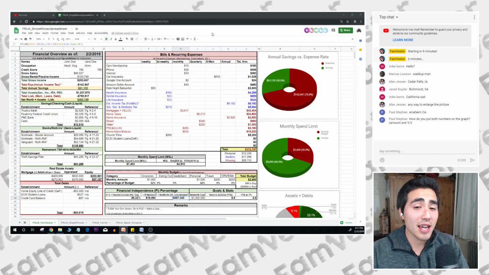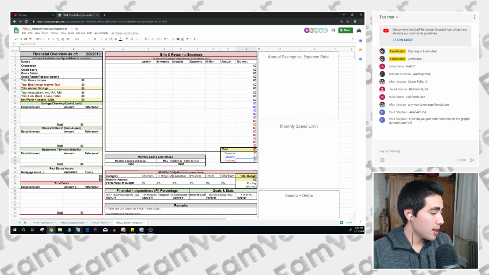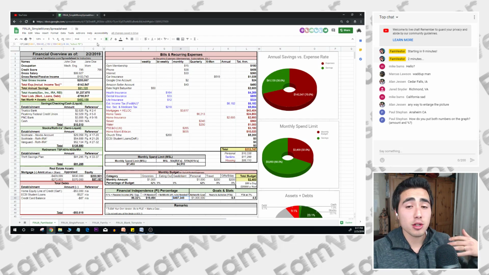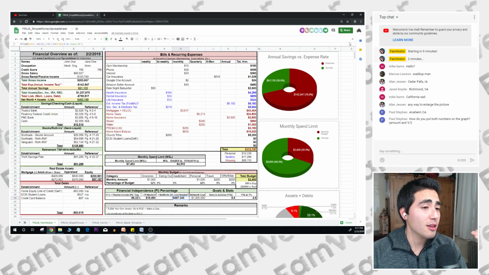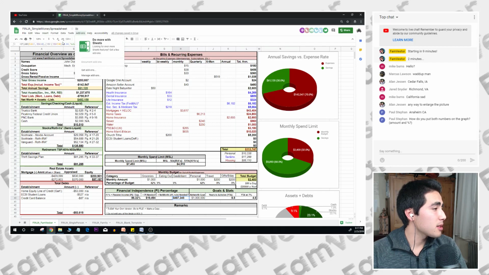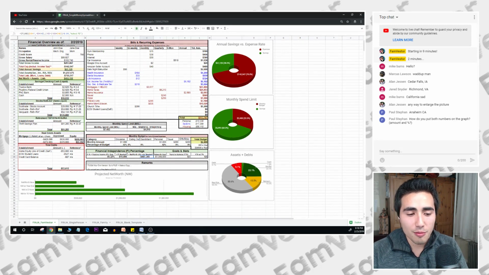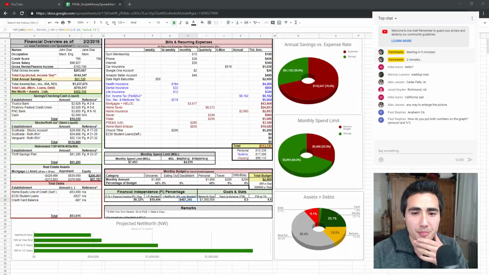Okay, so that is why I feel it is so important to really look at this stuff, to track your expenses, because you think it's a lot of money, but it goes away so quickly. It's really important to pay attention to this stuff, because it seems like a lot of money, but it really disappears very quickly.